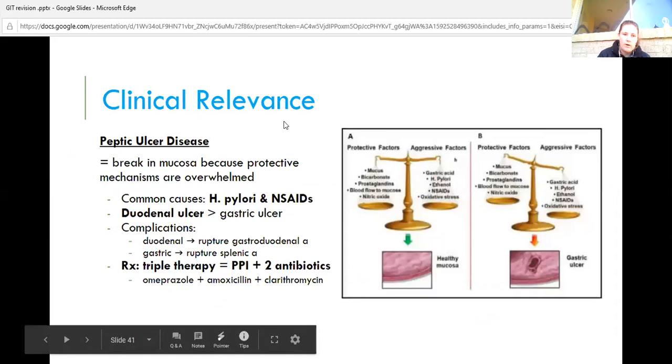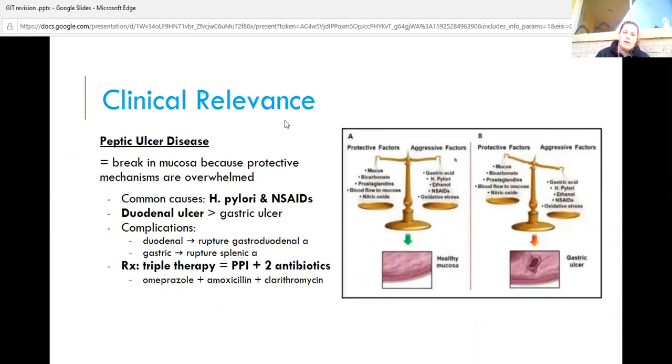Clinical relevance, peptic ulcer disease. That's when the protective mechanisms of your stomach, which I talked about earlier, are overwhelmed. Usually the two most common causes are H. pylori, which is an infection, and NSAIDs. Duodenal ulcers are way more common than gastric ulcers. They can complicate by eroding through the wall and rupturing arteries. And the treatment is triple therapy, so PPI plus 2 antibiotics, and the common one is omeprazole plus amoxicillin plus